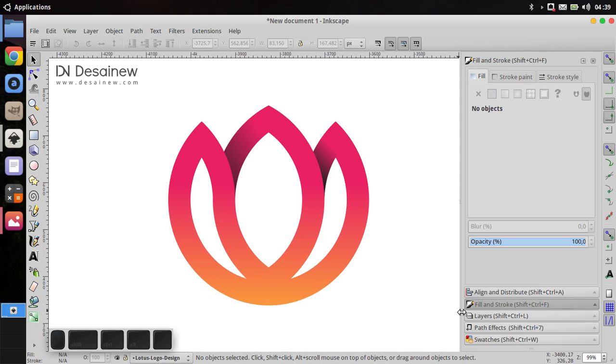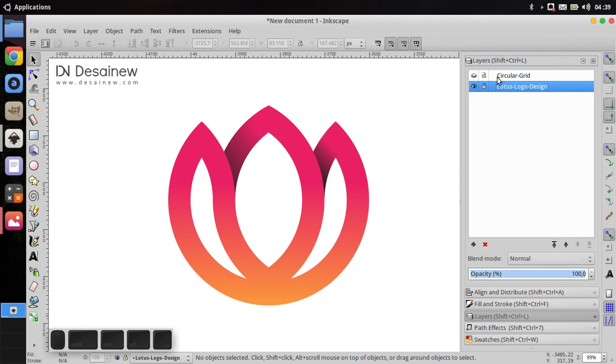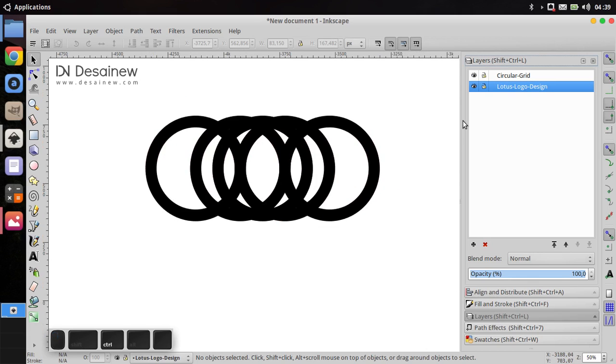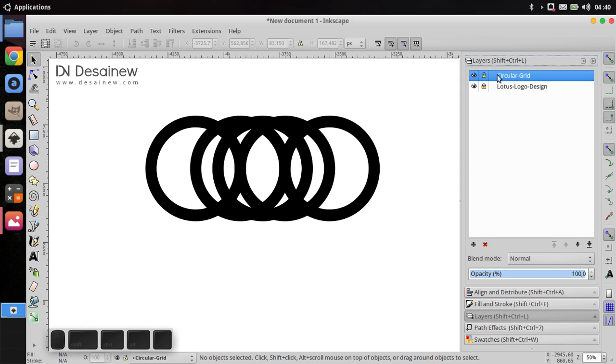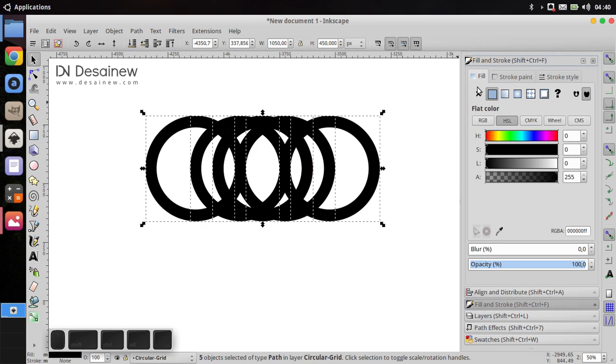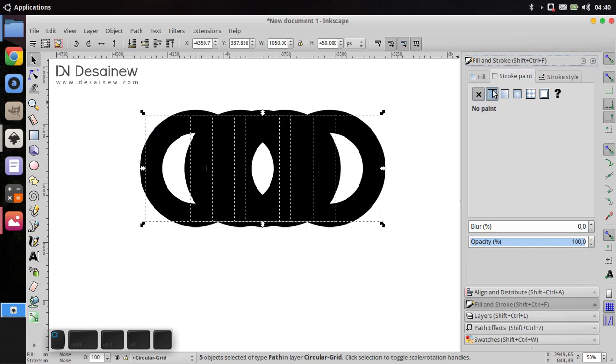Okay, to show the circular grid you can open the layer window and show this circular grid layer, click the eye icon, and I click the lock icon for Lotus logo design, and click the circular grid layer and select all of the objects and disable the fill and enable the stroke paint.